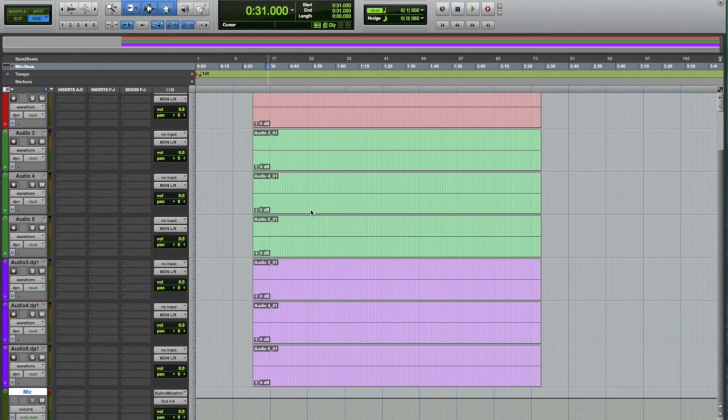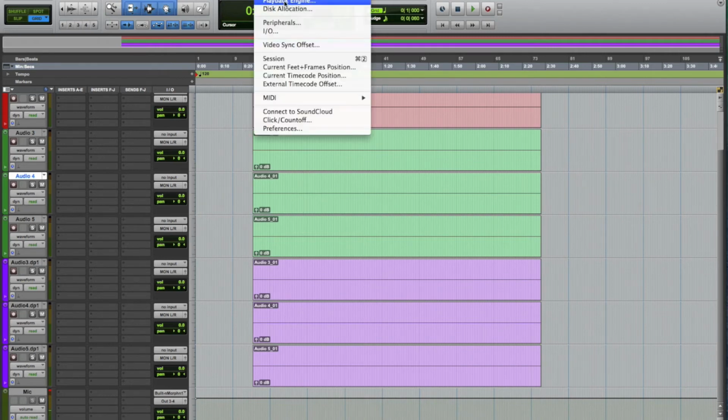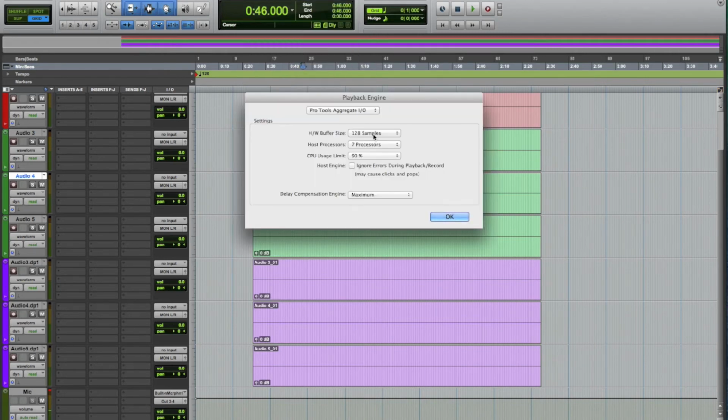This next setting, you're actually going to be tweaking pretty much every day you use Pro Tools. And it's in Setup, Playback Engine, and it's what we call the buffer size. Why do we need to tweak it? I'll give you a few scenarios. Let's say you're recording a vocal, you started using Pro Tools, and you notice you start having a latency, whether all of a sudden or from the beginning.